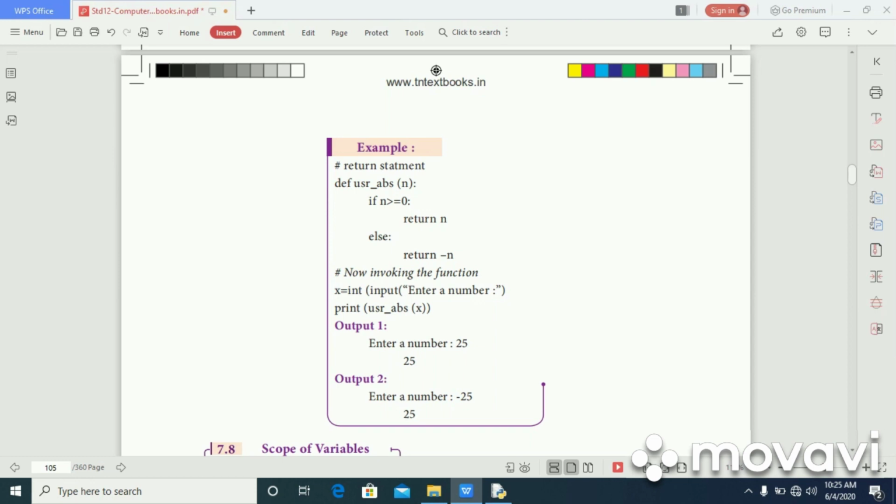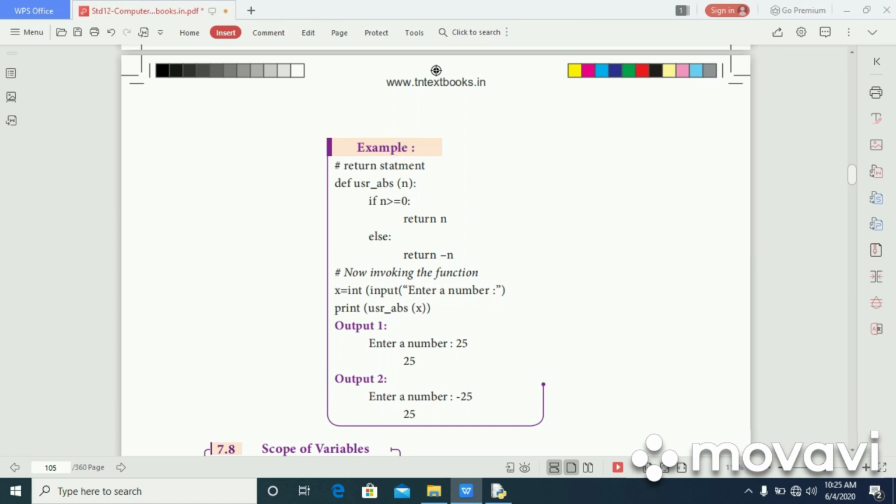Else, return minus n. Then we invoke the function: x equal to int of input of "Enter a number". This value we are going to get from the user at the time of execution. Next is print of user_abs of x. After getting the input from the user, the program processes it and displays the output on the screen.